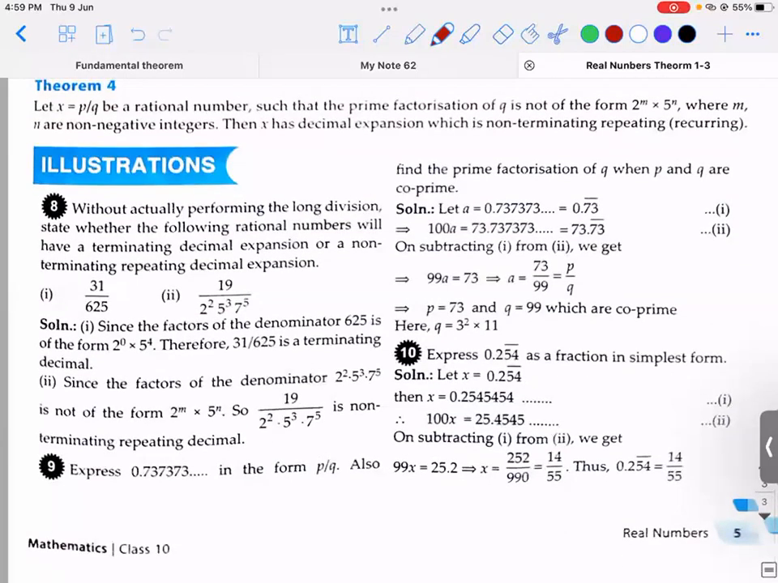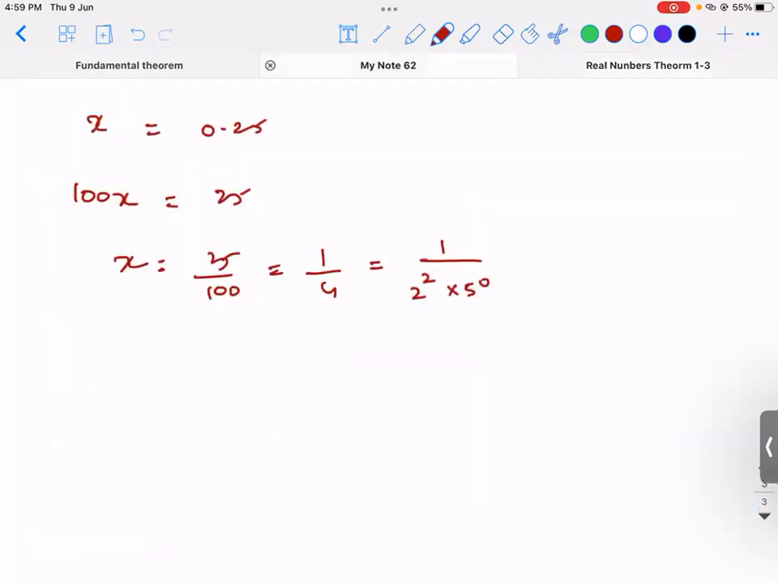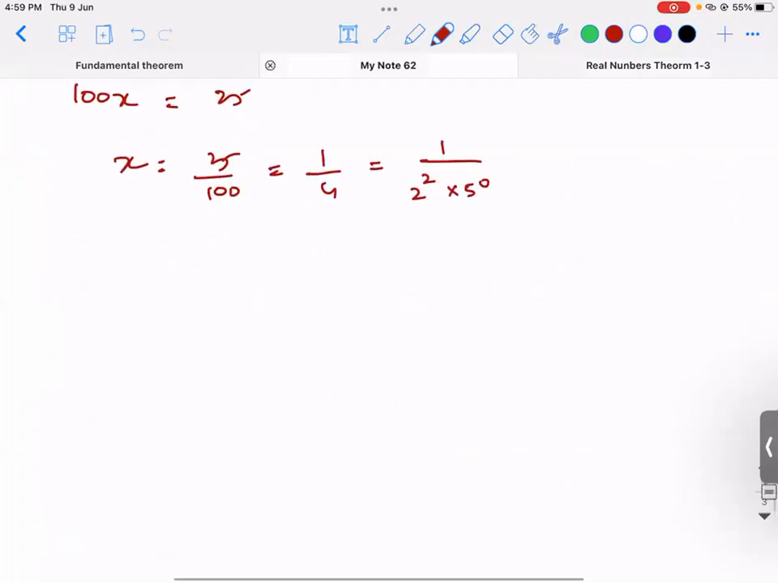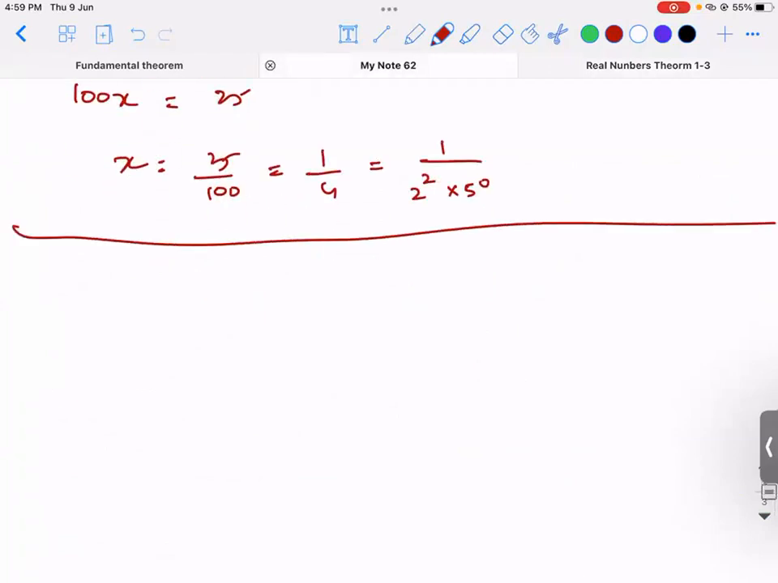Now, the next question is express 0.7373 and so on in the form of p by q. This is actually a 9th standard topic. Remember? Yeah, level 1 assignment it would have been there. So x is equal to 0.73 with a bar on top of it. Can I write it? So you have to look at the number